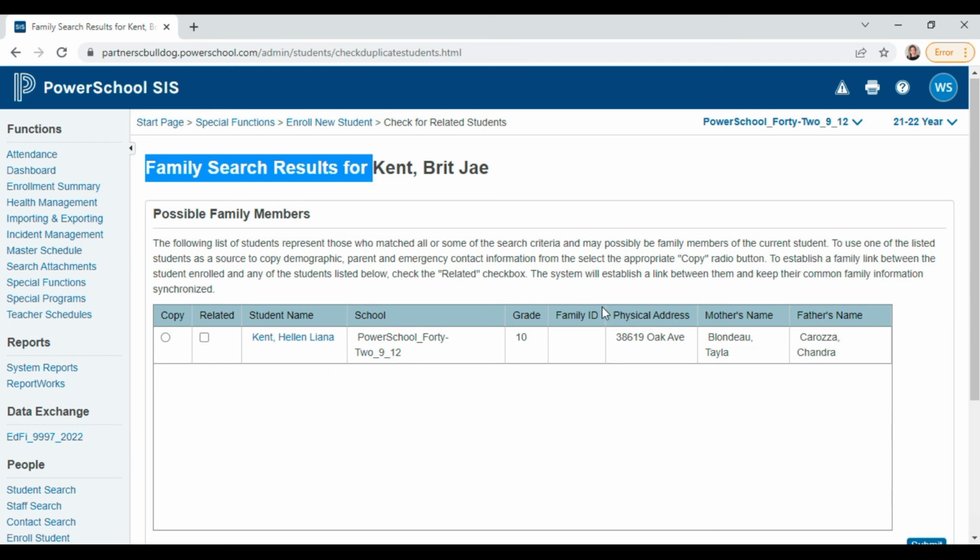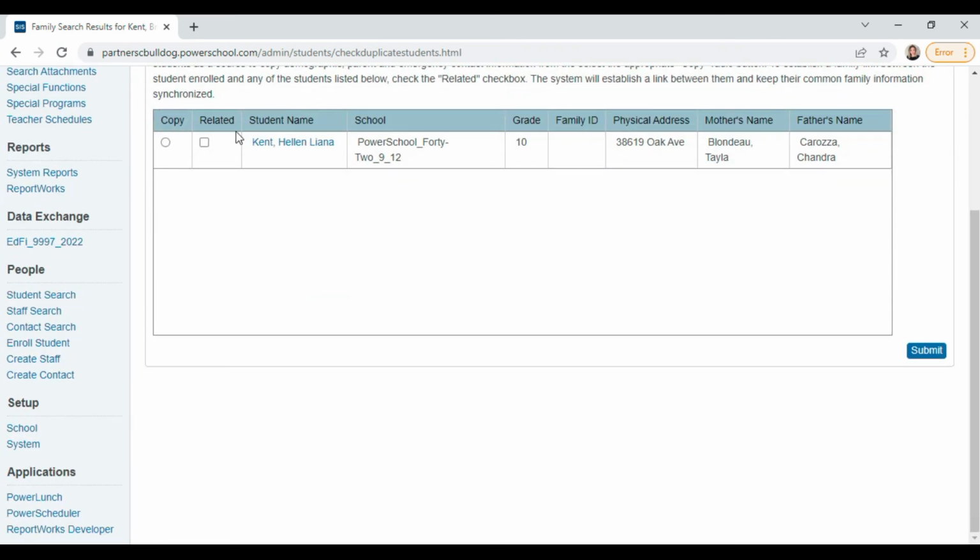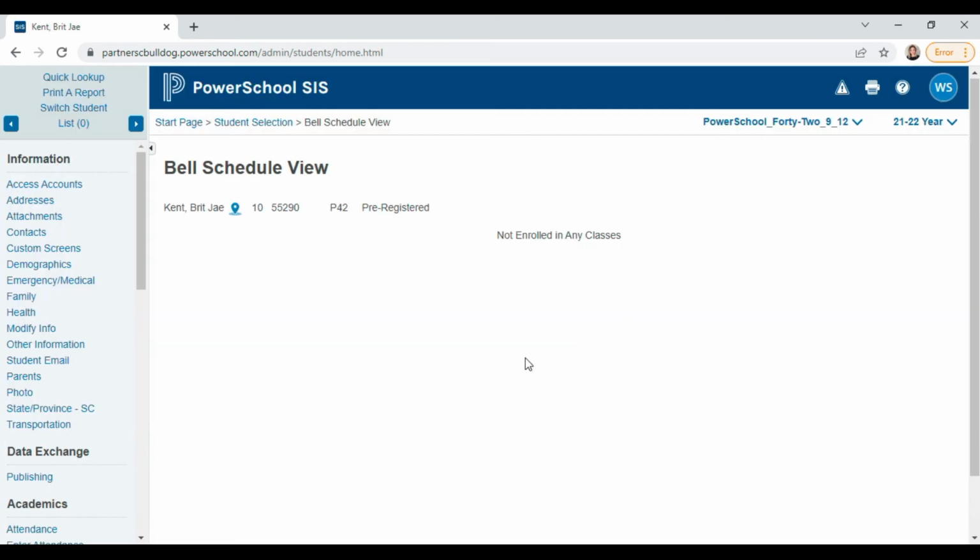There it is. Now, there's certainly more information that we would want to enter for the student. And of course, once we've covered our bases there, we would also want to enroll the student into classes. But let's just pause and verify that the student now has a record. I'm going to go ahead and click submit here without clicking either of these. So I can verify that by going to the transfer information page. And notice, by the way, this says not enrolled in any classes.